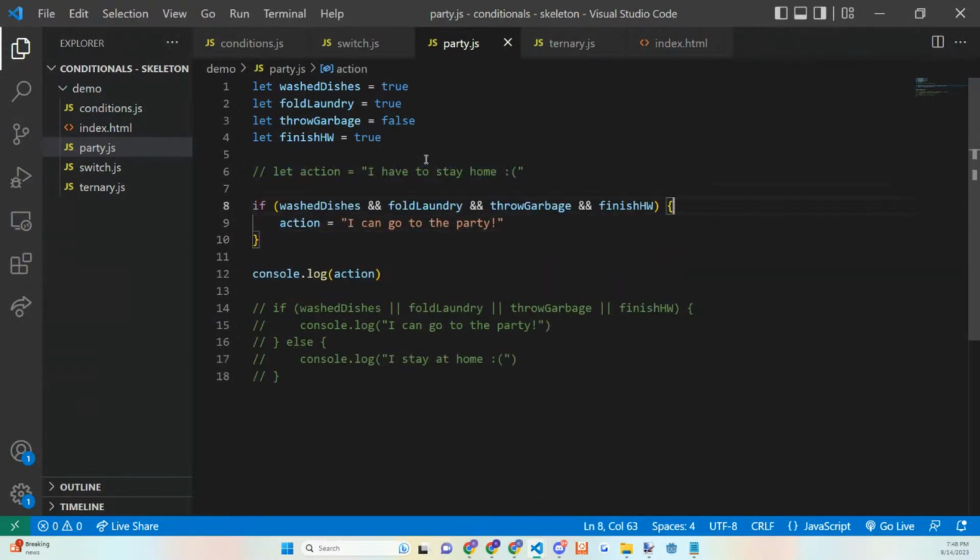However, with what we had before, this action variable was declared outside of the scope of this, so we are able to access this on the same scope, which is the outer scope. So you can always change the variable within an inner scope, but you cannot initialize a variable in an inner scope and use that variable.